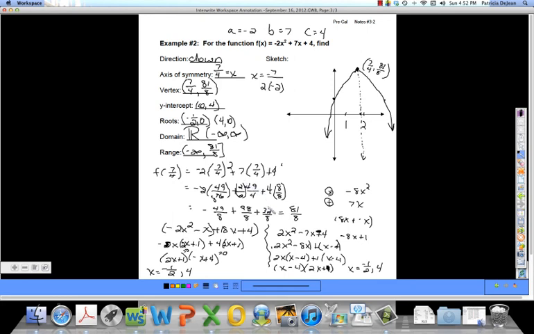Okay. So that is the notes for 3-2. Our standard form of